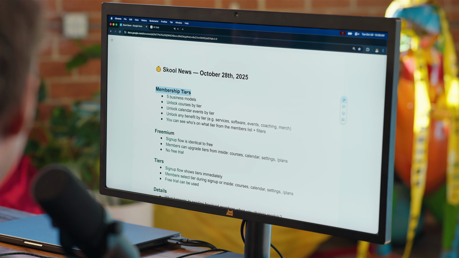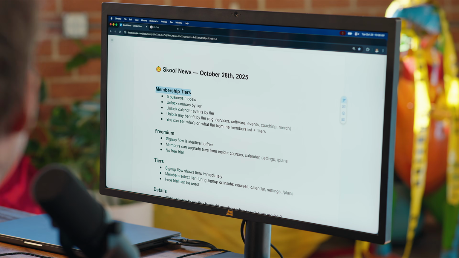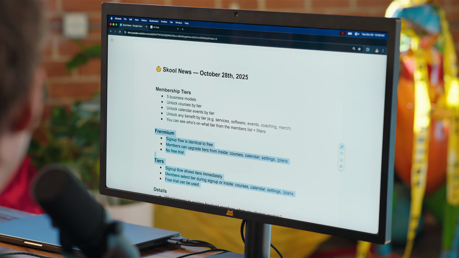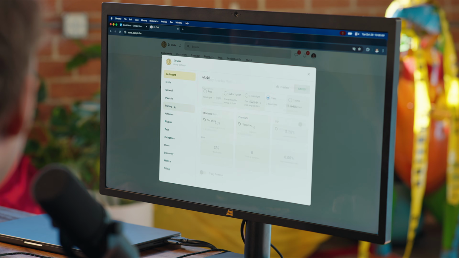So membership tiers, that's a high level overview. Now we're going to drill in and show you the two main models that people are interested in, freemium and tiers, because there's a few differences that make quite a big difference. Yep. So with freemium, which is this model here,